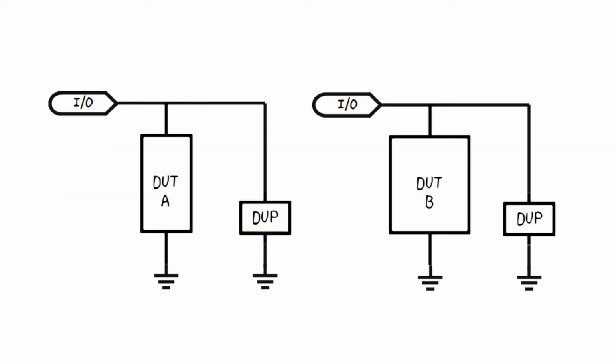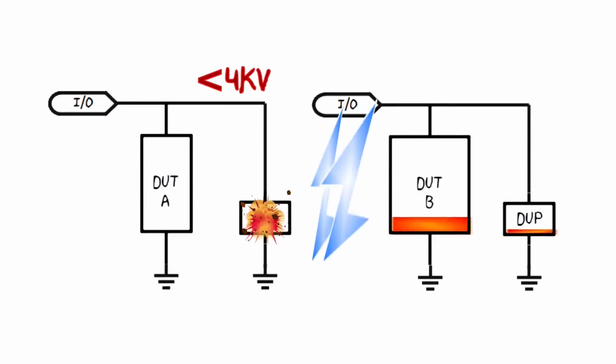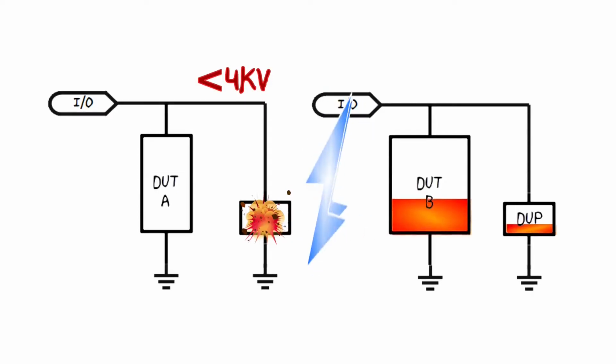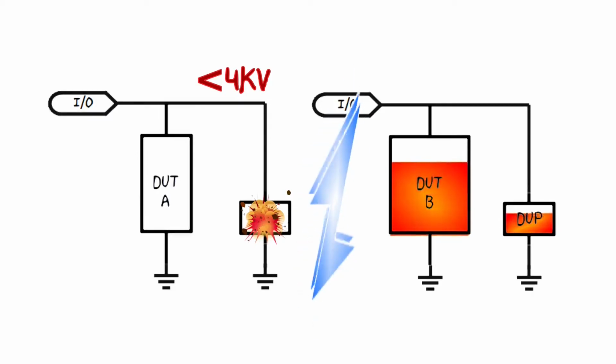Suppose we have two TVS devices being tested to protect the same ASIC. TVS A, the device under test, or DUT, shunts about the same amount of current as the device under protection, or DUP, and so it quickly reaches its maximum limit and the system fails at about 4 kV. We can see that if TVS-B can absorb a higher fraction of the current and energy, then the system overall can withstand a higher IEC level without allowing the ASIC to reach its failure limit. Therefore the system passes at a higher level, perhaps 6 kV or more.